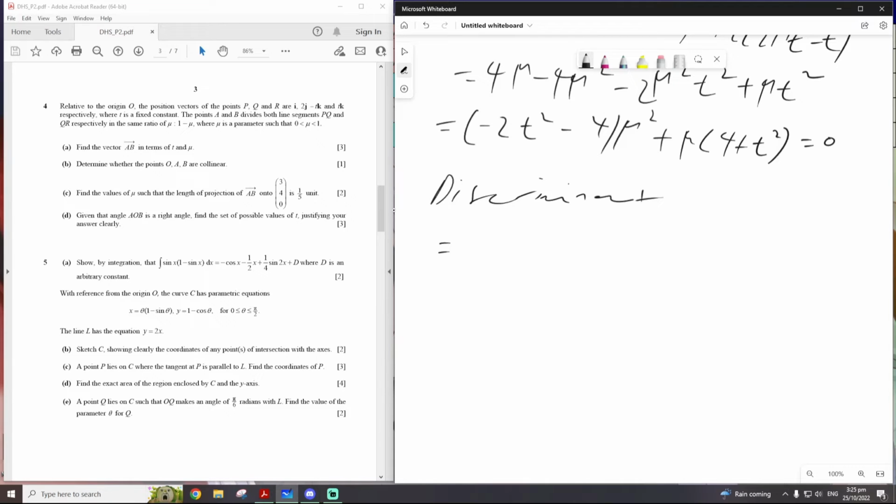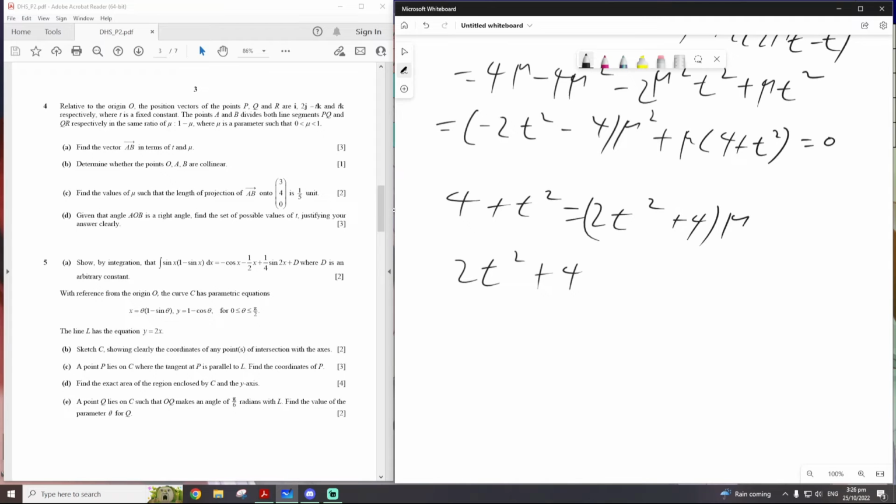Oh wait, not discriminant. What I just did just now, yes. 4 plus t squared equals 2t squared plus 4 times mu. Okay, so therefore 2t squared